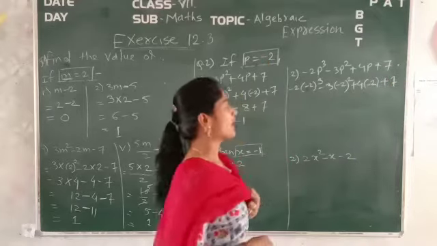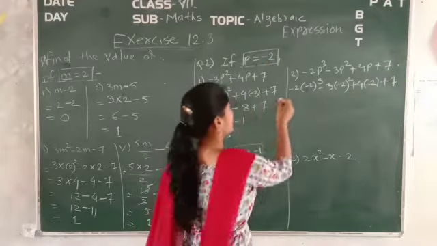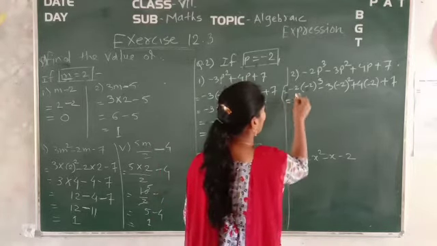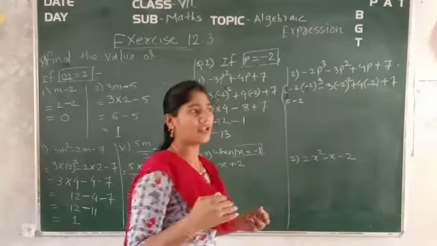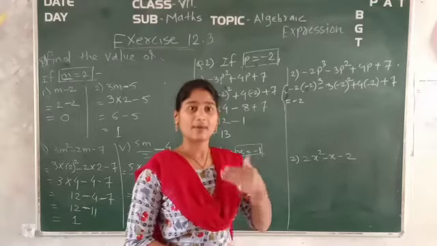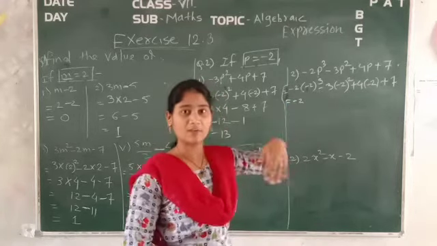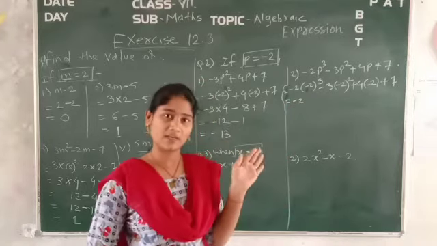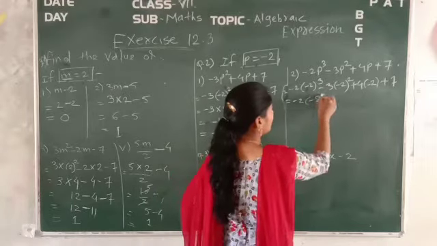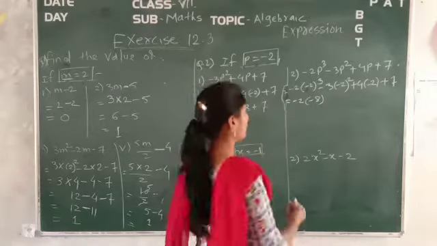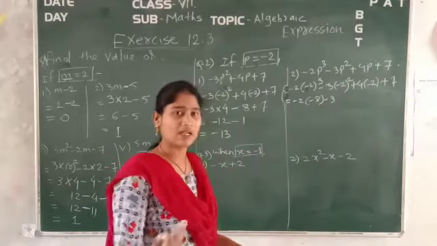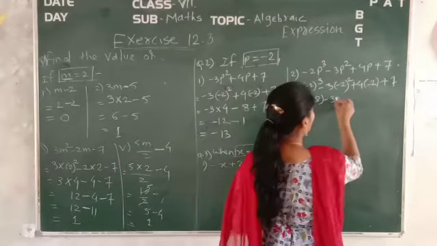Okay, clear? Now again what you have to do? See, which is equal to, here equal to sign. Okay, now which is equal to, again minus 2 will be as it is. Now you have to find out the cube of 2. What is the cube of 2? It is 8. But the cube of minus 2 will come as minus 8. Whatever the sign is there, it will be applied to the number. So what is the value of 2 cube? This is 8. So it is minus 8. Again minus 3 will be as it is. What is the square of minus 2? Square will be plus. That is square of 2, it is 4 only. So I will write down 4.